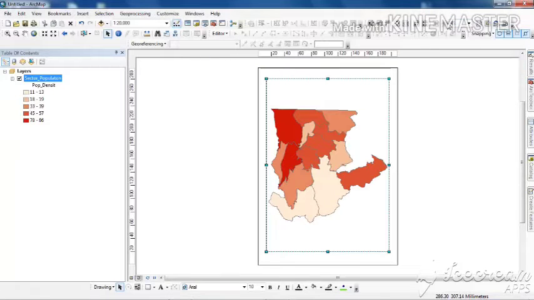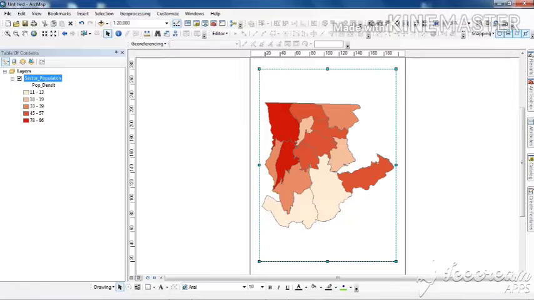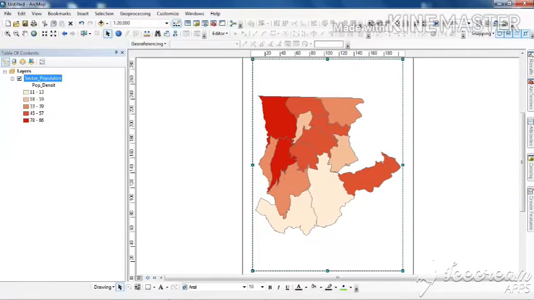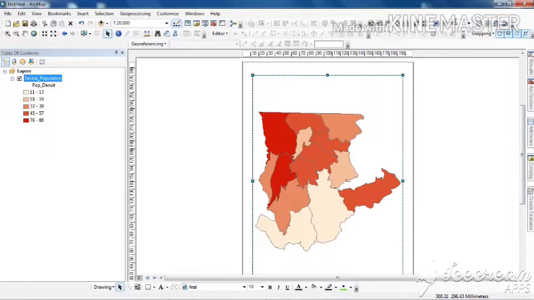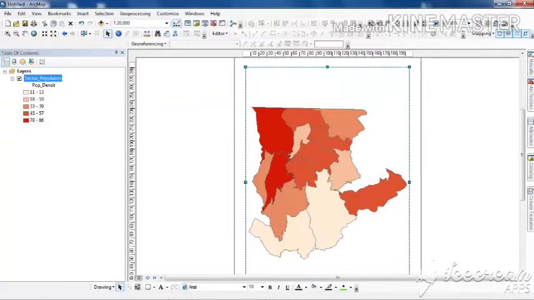Let's try to zoom it to 50%. Let's see what happens. See, a bit more prominence, a bit more map area has increased. So I will adjust up to that particular extent till I find that my map area is covered to the maximum extent or in the best possible way.